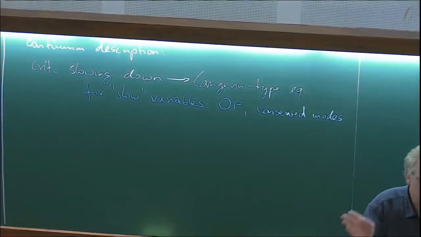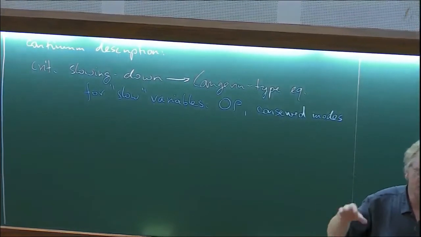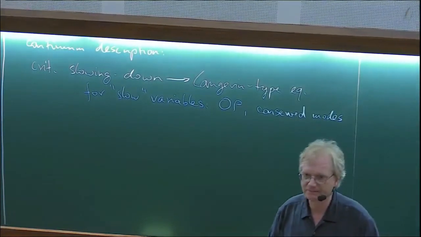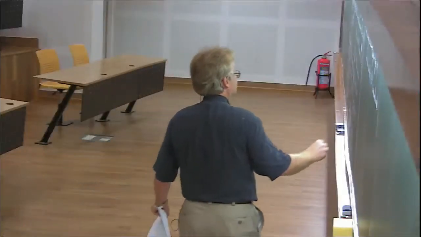I will not be walking you through all the possible models and classification schemes that have been done, but I'll give you a few characteristic examples to give you a flavor of what can happen. Okay? So let's write down, to get this started, the simplest possible model. And it turns out to be quite ubiquitous, even out of equilibrium, and I will argue about that too. And that is purely relaxational kinetics.